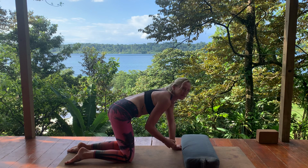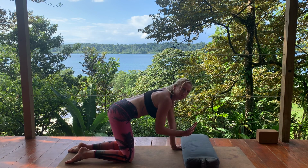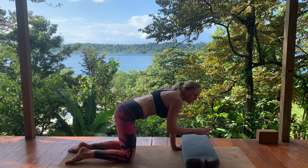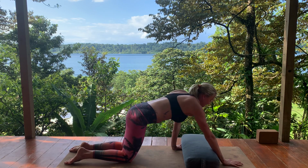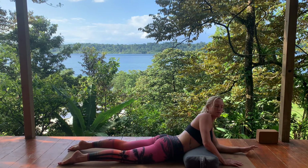Going for bow pose here. So you may have to play with this placement a few times before you see what's comfortable for you, so you're not rolling too much forward or rolling too much back. It's a nice, easy, supported bow, so don't worry about taking it too far. We're going to do 2